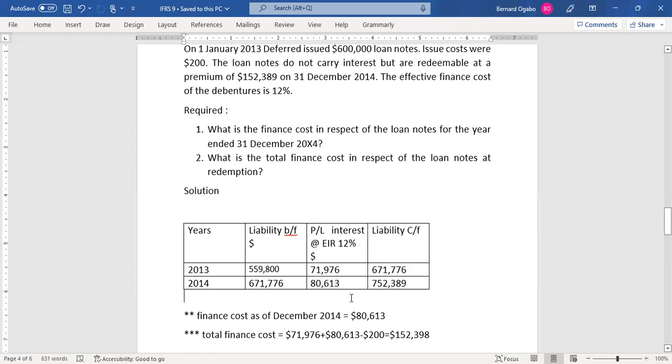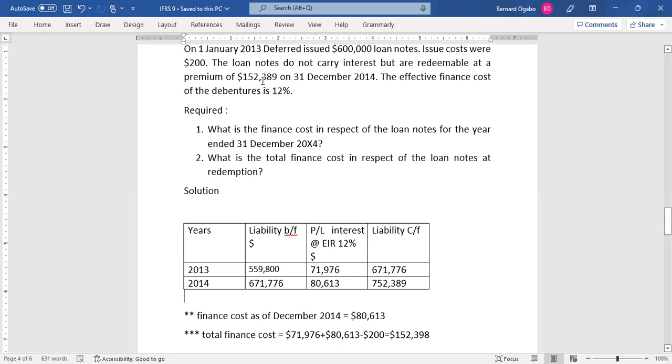If they had asked me for year 3, I would bring this amount as the opening balance for 2015, then add interest at 12%. But see what happens. The instrument is 600,000 and they say it was going to be redeemed at a premium of 152,389. Look at the liability at the end of the second year: 752,389. What is it showing me? If I take 752,389 less 600,000, I'm going to have